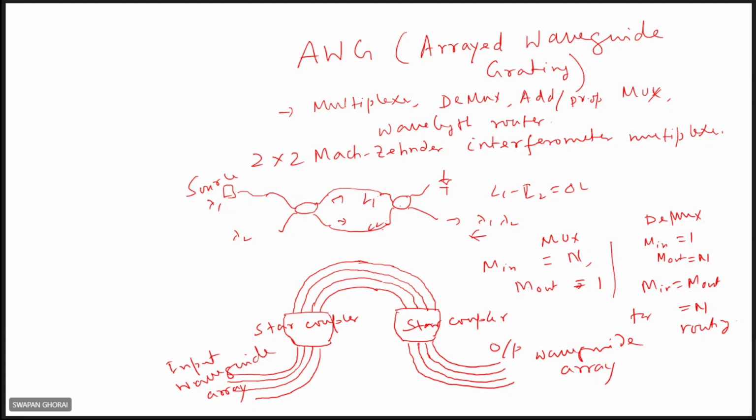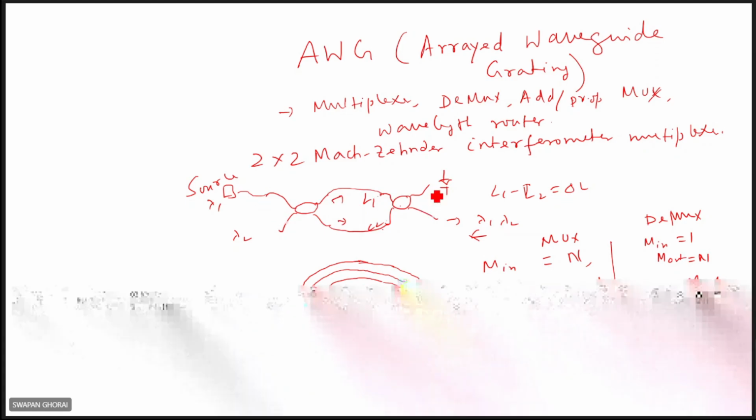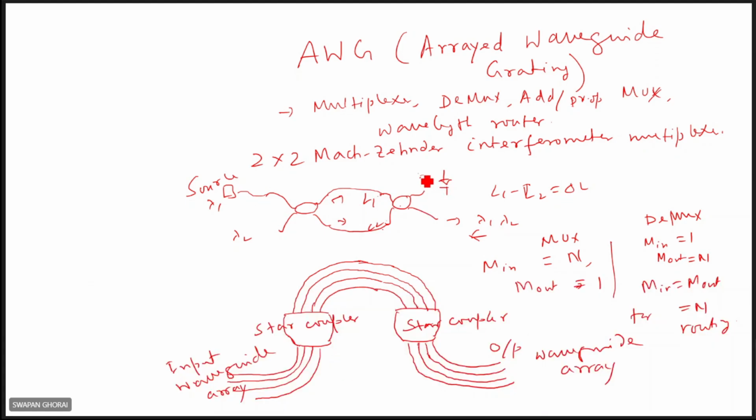Here it is based on Mach-Zehnder interferometers. You have seen it. Last time we have discussed it. It consists of 2 star couplers, and in between, waveguides are there. They will form the Mach-Zehnder. So this is the Mach-Zehnder principle. 2 couplers are there, and there is a closed loop, right? So if you launch light here, then you will get an interference pattern at the output ports, right? So that is the Mach-Zehnder. It's the same as the Mach-Zehnder interferometer principle.